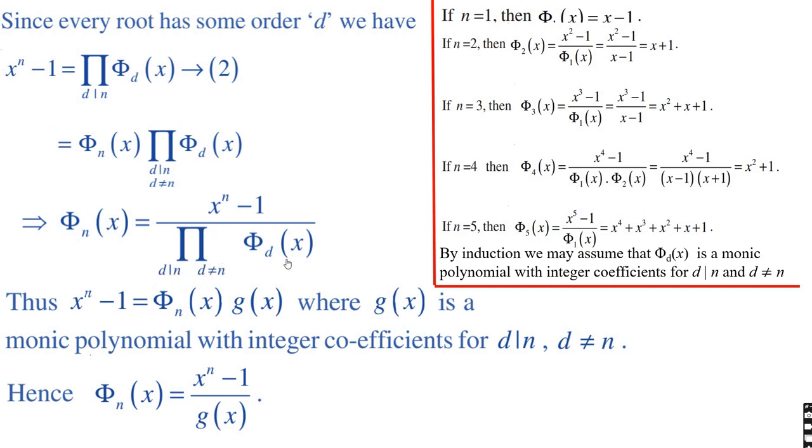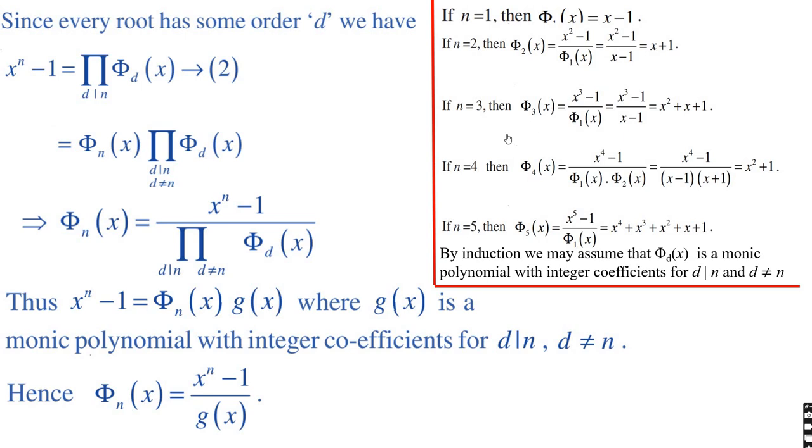In this case we have just 1 only. So x minus 1. Now for n equal to 2, the divisors of 2 are just 1 and 2, and in the denominator, 2 should not come. So you have just phi 1 of x, and in the numerator n is 2, so you have x square minus 1 by this, but this is computed already, and so